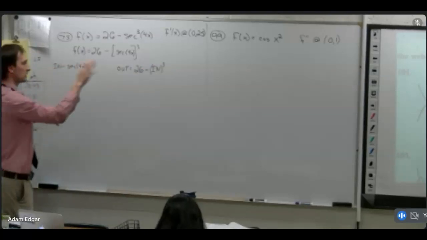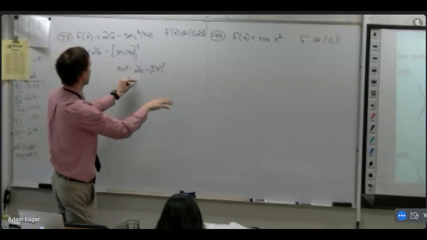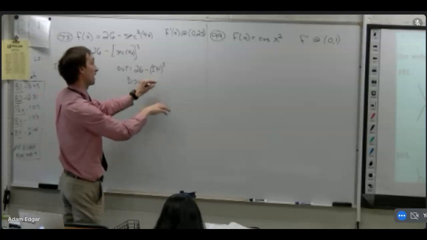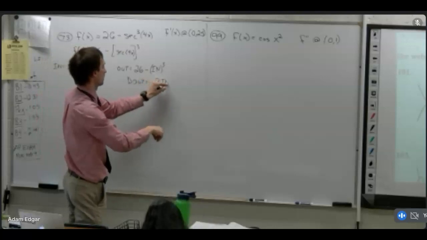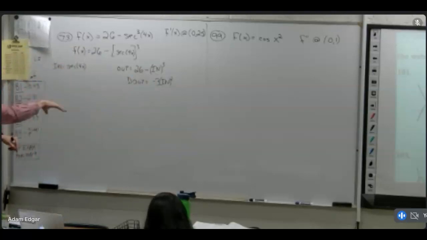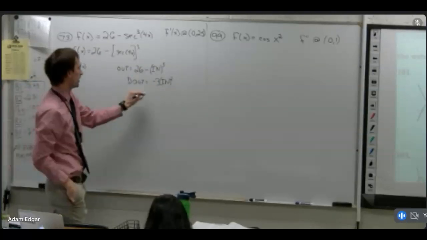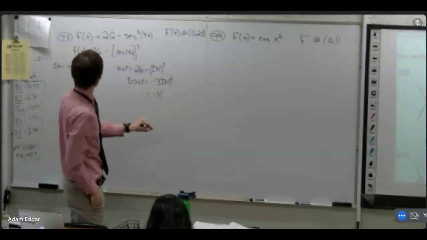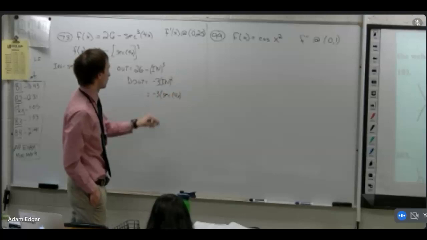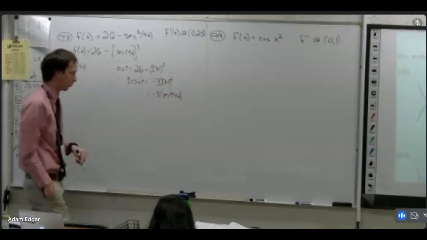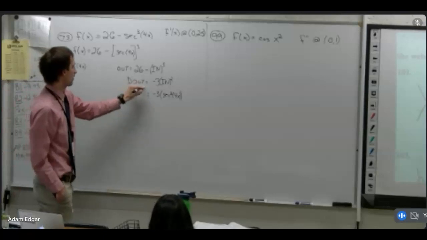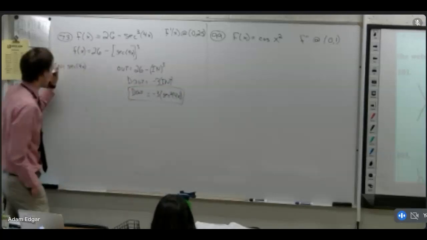Easy stuff first. What's d out? Negative 3 n squared. Right? So the 26 goes poof because it's a constant term. Multiply the exponent down in front, reduce the exponent by 1, and then remember that n is really secant of 4x. So this is secant of 4x all squared. We can put it back into that form, secant squared 4x. So that's d out. You guys have any comments or questions about identifying in and out and doing the derivative